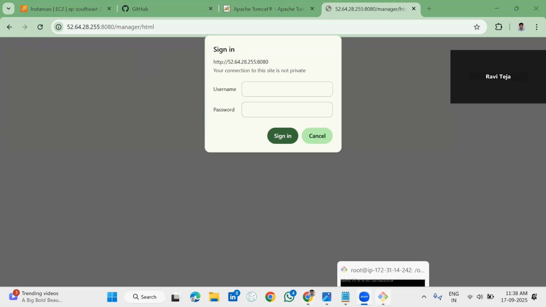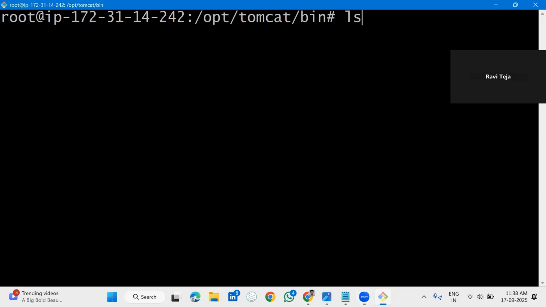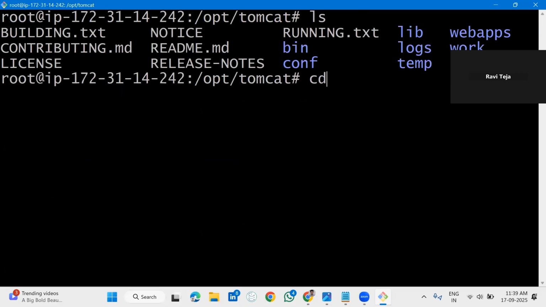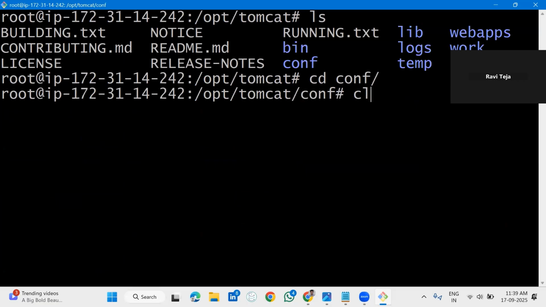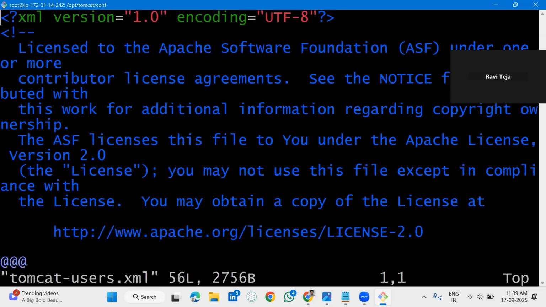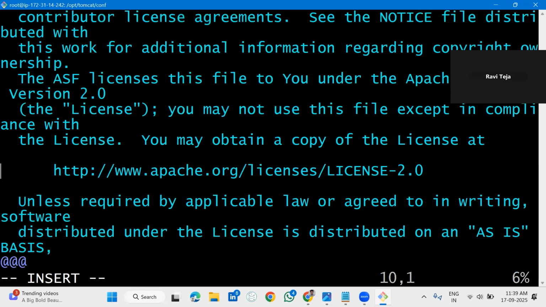In conf, where you can get the conf, ls. Clear this. Cd space dot dot. Clear this. ls, cd space conf. Clear this. ls. So you have to edit, you can get the username and password to sign in to the manager app in this particular tomcat-users.xml file. Okay. So vi space tomcat-users.xml. Enter. Insert mode. What you have to do is,